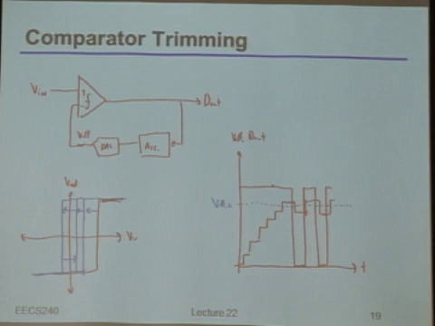Because notice, at the end of the day, what's going to happen is just that I'm going to be sitting there and kind of dithering around one code. Now, you do have to be a little bit careful. If you have a DAC that, for example, has a curve that looks like that, that's bad. Okay, that would actually cause you some additional problems. Because then, in the worst case, you might get stuck around this, or you might actually dither over a whole bunch of codes. But as long as your DAC basically is guaranteed to always move in one direction, then because